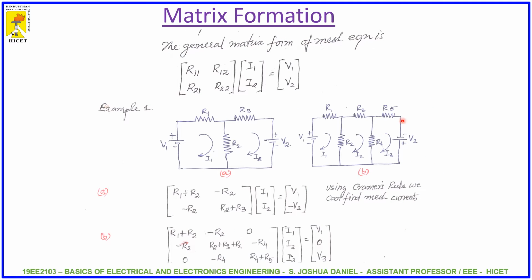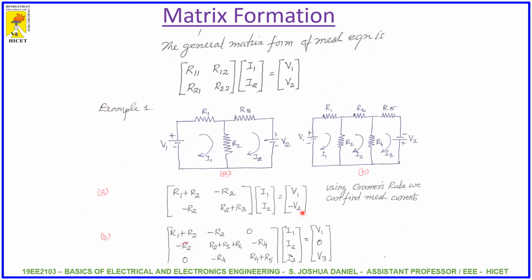So this is how we form the matrix using Ohm's law. So we know V is equal to I into R. So as already discussed, R11 is the total resistance in that particular loop. R12 is the common resistor between the first loop and the second loop, and R21 common resistor, R22 the total resistance in the second loop. Similarly, you can write it for a 3 mesh circuit also, right? So here it is written R1 plus R2, here it is minus R2, which is a common resistor, minus R2, and R2 plus R3, which is the total resistance in the second loop.